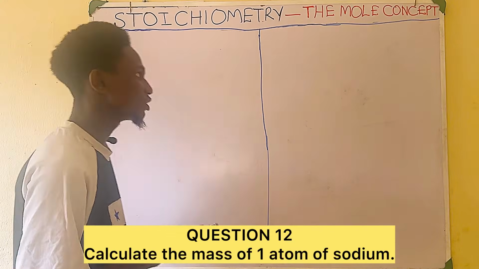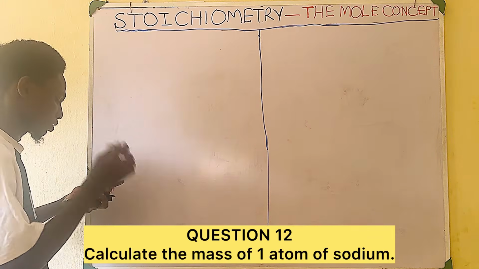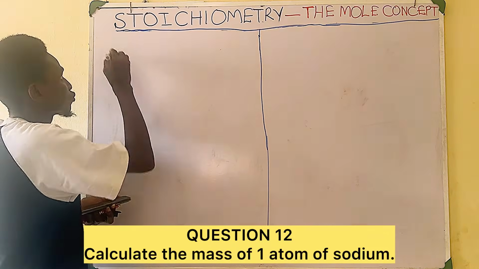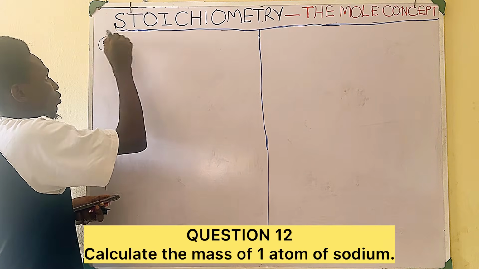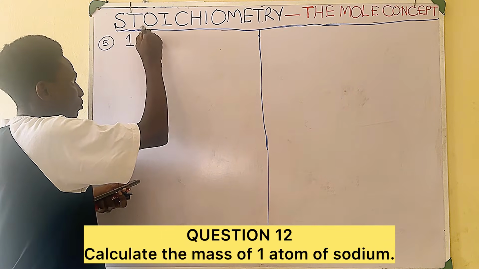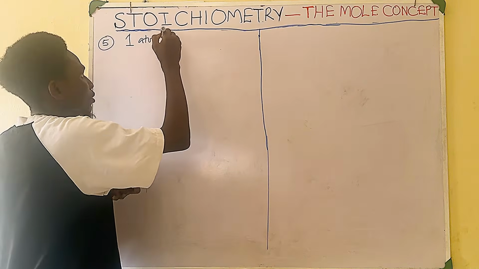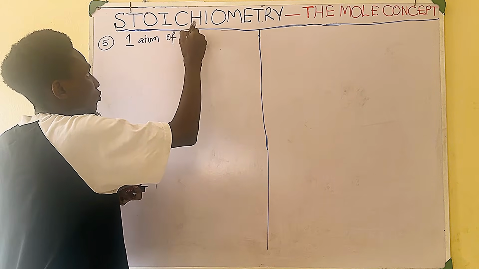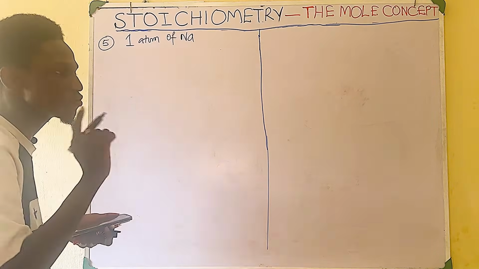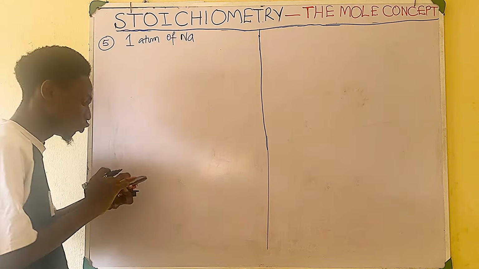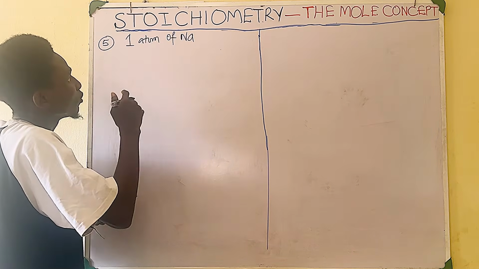I want to manage space. Number 5: calculate the mass of 1 atom of sodium. This kind of question, you must be very smart. Calculate the mass of 1 atom of sodium. So what do you do now? You must first take note that